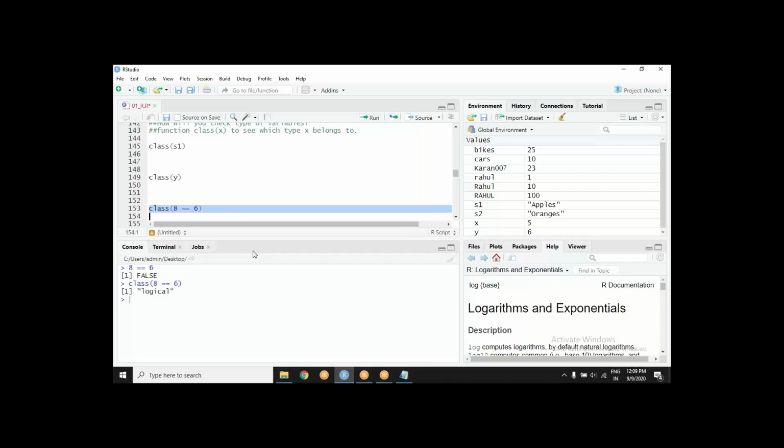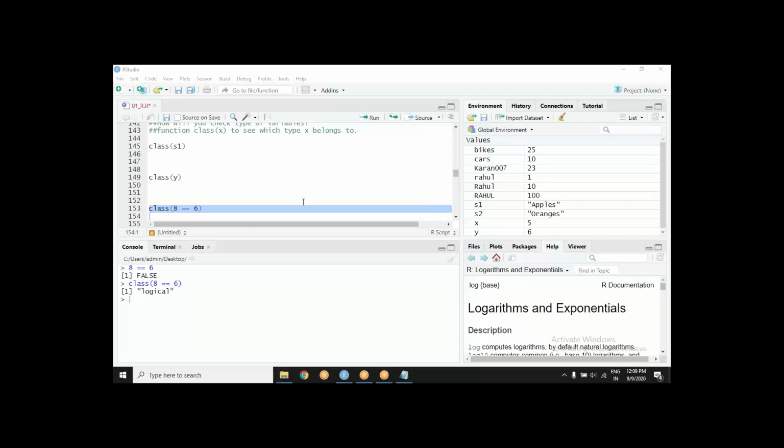So the class of this type of variable is logical. Got it?